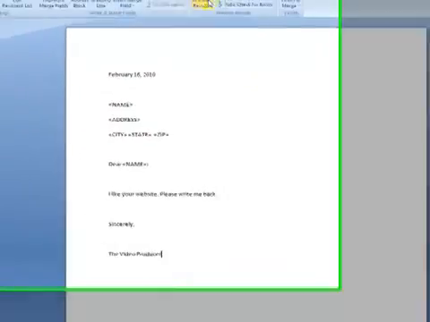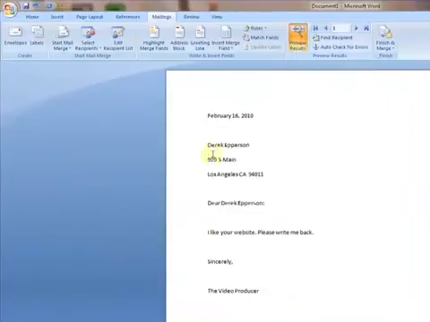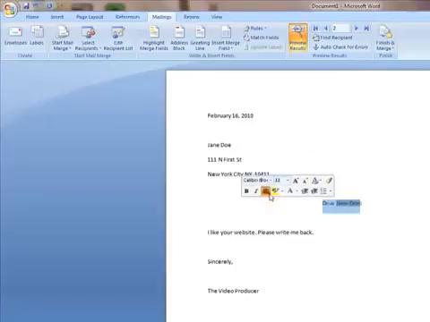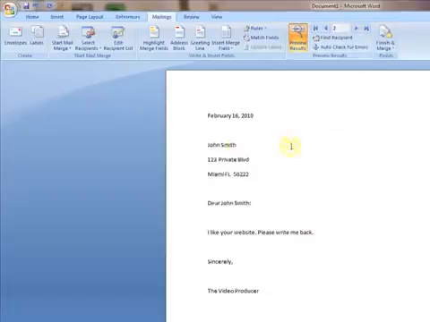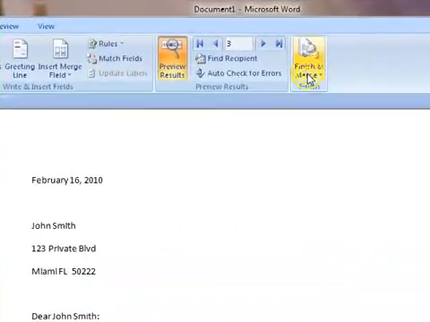So at this point now, if we want to preview results, we just click on preview results and it tells us Derek Epperson, 900 Main, Los Angeles, California. And we can use these arrows to check each of our individual. Here you also see here Jane Doe. It's also putting that information in. Whoops, got a little carried away there. Let's just undo that. Go to our third one, John Smith,